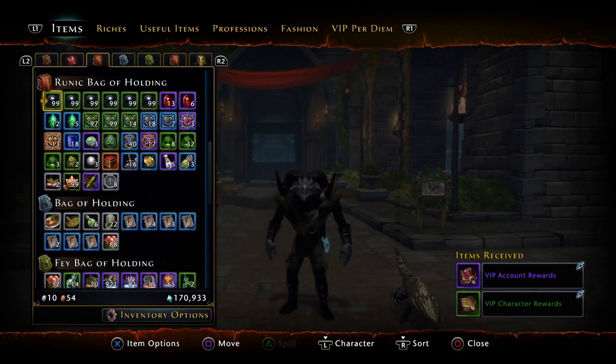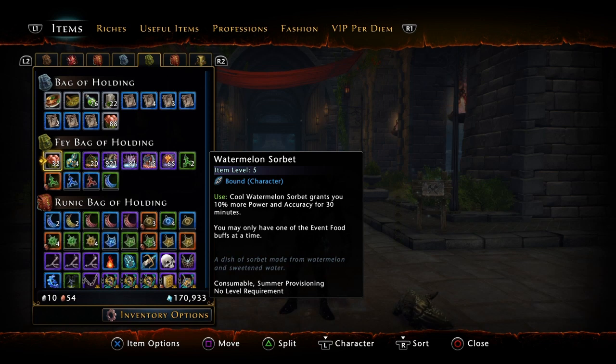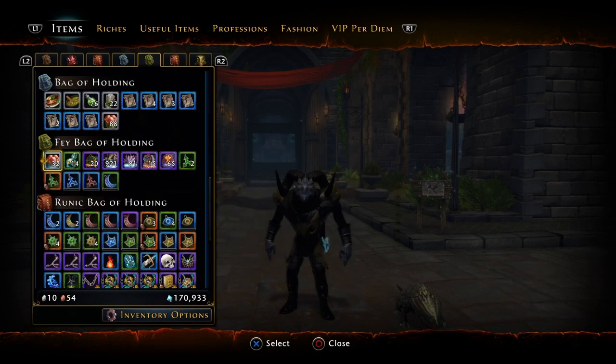So for the buff food, if you have the mochi, which I don't, mochi gives you 10% power and 10% HP. This gives you, which is the Wama Sorbet, which is the one I use, 10% more power and 10% more accuracy for 30 minutes. This does not persist through death, so if you do die with it or go down, you will lose the buff. But once you put it on,